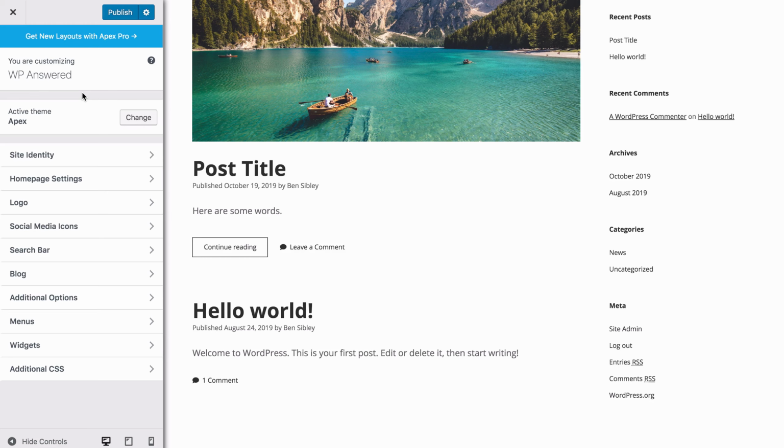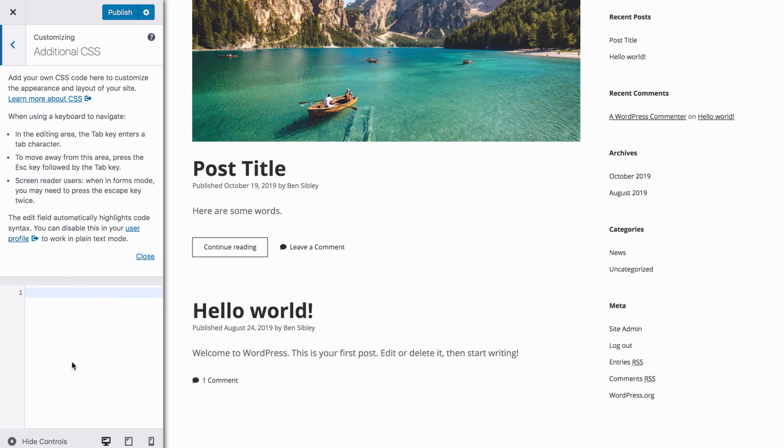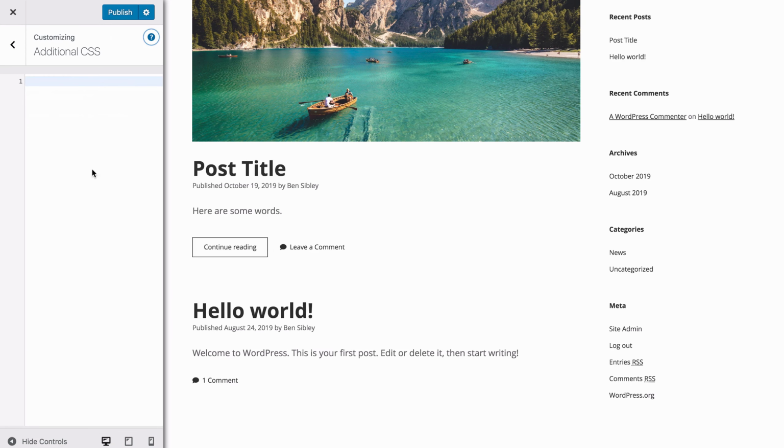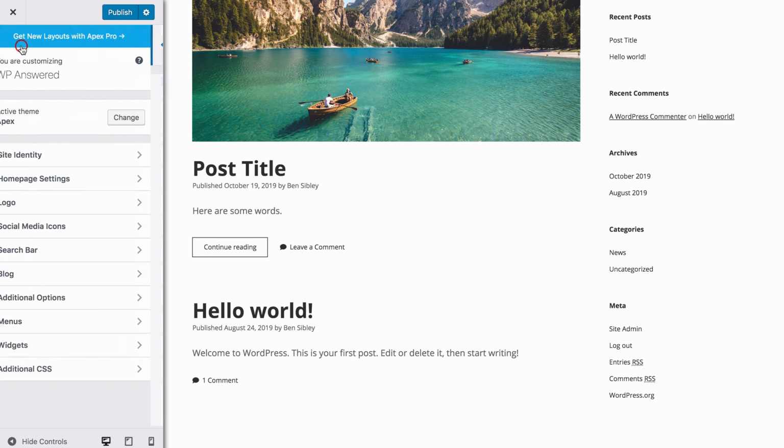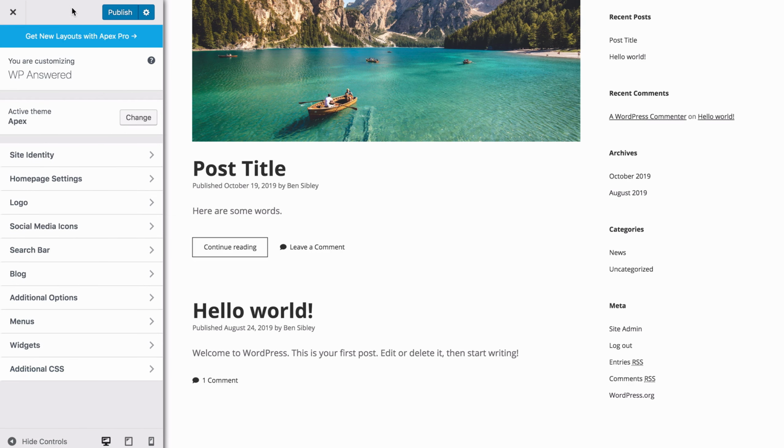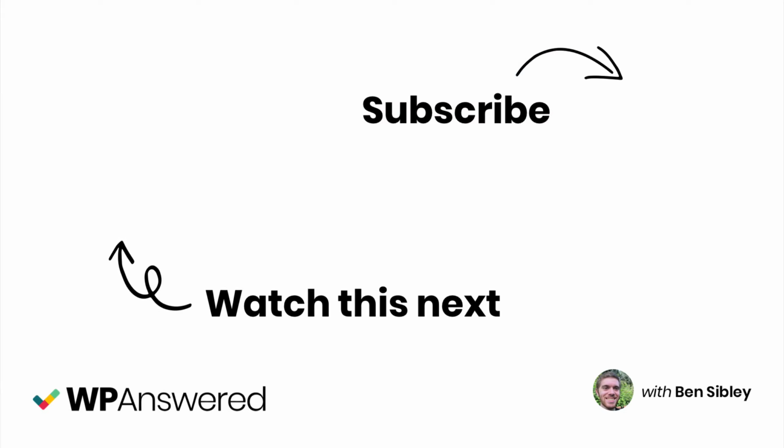And the one other section is called Additional CSS, and this is used to add code to your site to tweak its appearance. It's mainly here for technical users, although you might copy and paste some code that's pre-written for you at some point. As I said previously, the options you find here will change dramatically with the theme you pick. Some themes include options like custom colors, different layouts, image sliders, and all sorts of other features inside the Live Customizer. For now, I think that gives you a good look at what you can expect when customizing your